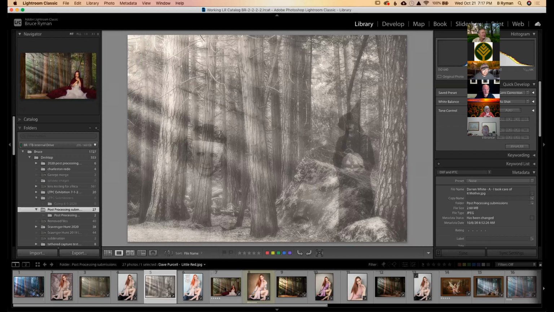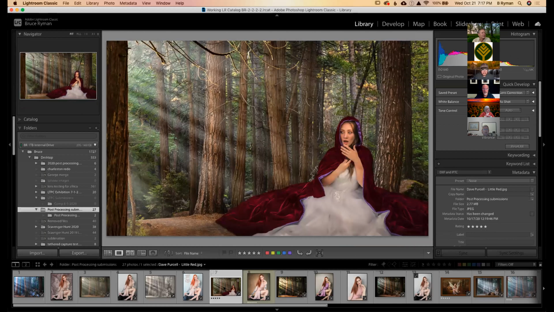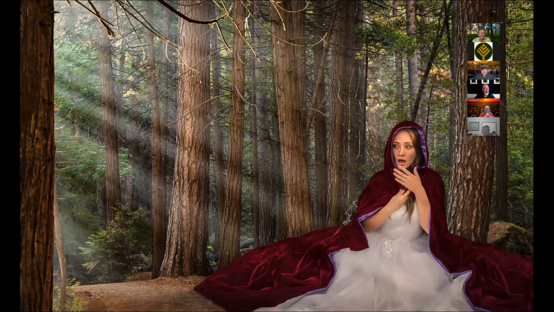All right, and so the next one is Dave Purcell. I was talking a little bit earlier. Michael and I went on a shoot with this girl, Caitlin, and she actually had a black cape on. So I had an idea to put her in a forest scene and make her Little Red Riding Hood afraid of the wolves. When Rand sent this picture in, I was like, wow, that's fantastic. This fits just perfect. So I started out with Rand's photo.